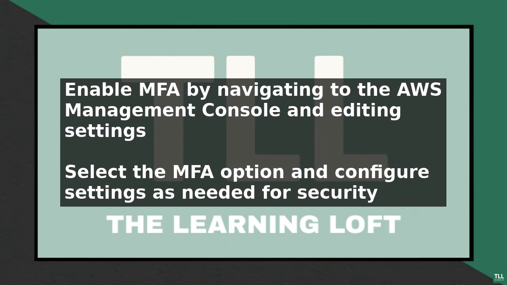After configuring MFA, update your Amplify project to use MFA by running the command amplify push and selecting the authentication service you configured earlier. Finally, test your MFA setup by running the command amplify auth signout and then attempting to sign in with MFA. Best practices for AWS Amplify MFA setup include using a secure password policy, requiring MFA for